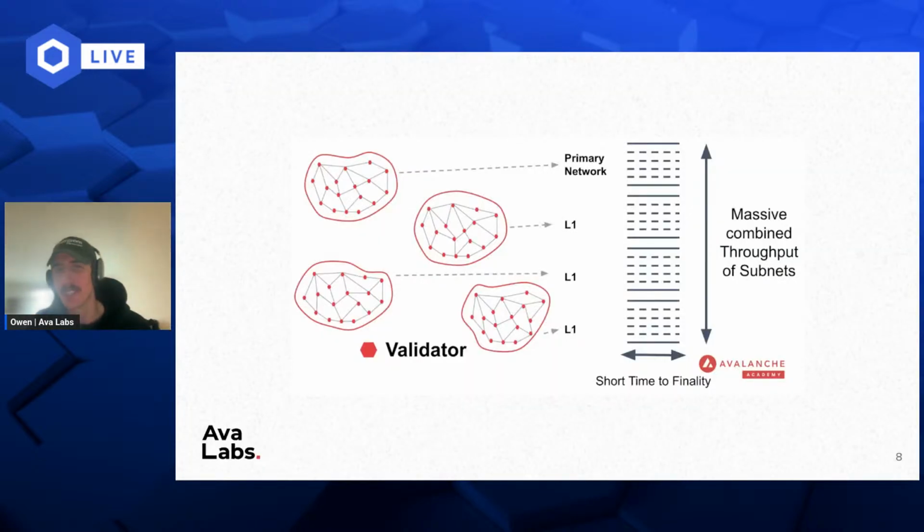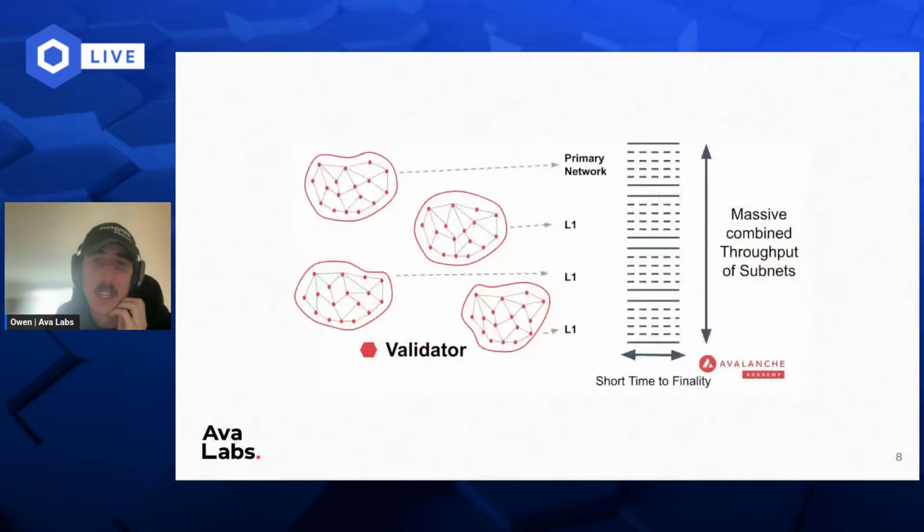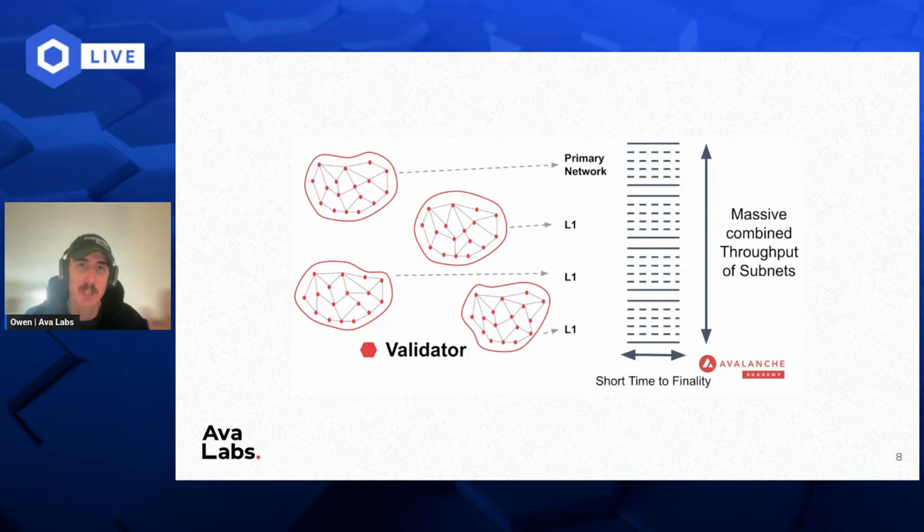So the reason why we did this is, well, there's a lot of different reasons. One of them is compliance, like I mentioned earlier. Another one is shared resources. A problem with the previous model is that you have some validators that are validating 3 different blockchains, right? And that can be somewhat compute expensive. So if it's a sovereign network, you get to control the validator set. Validators can be as expensive or as cheap hardware-wise as you want.